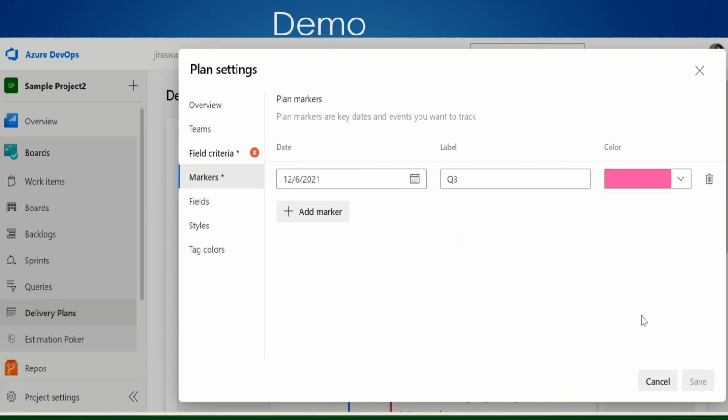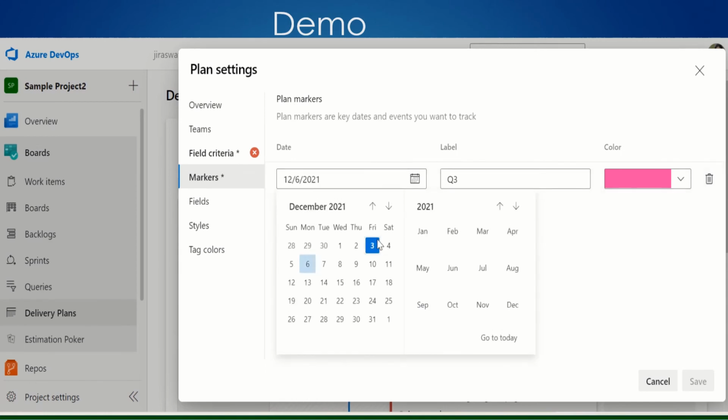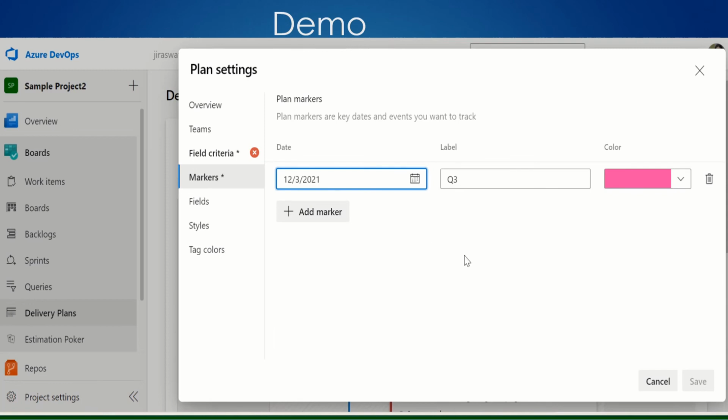There is some problem, that's why it is not showing, else it should show the save button. Okay, please plan a marker at the key date you want to track. Let me choose the same, but still it is not showing.